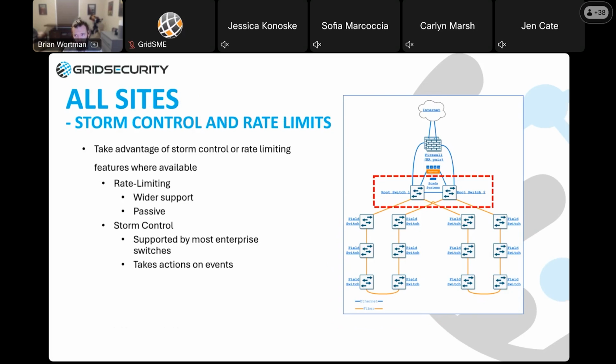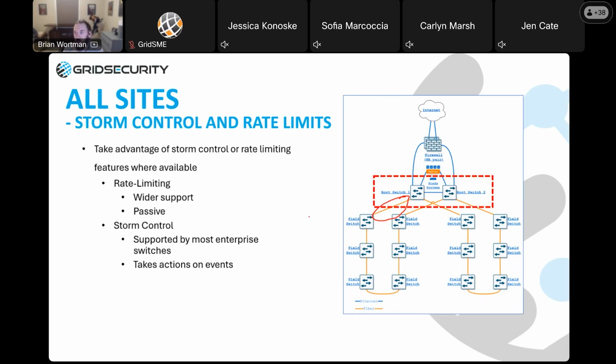First, let's chat about rate limiting a little. It is a somewhat coarse passive control when you're looking to prevent broadcast storms, but it is setting an upper limit on the percentage of a link, for example, that can be used for broadcast traffic. As an example, you might have a 100 megabits per second link out to your field, and maybe you'd say only 5 megabits of that traffic can be broadcast traffic, and past that, drop it.